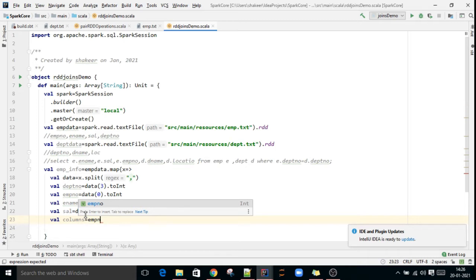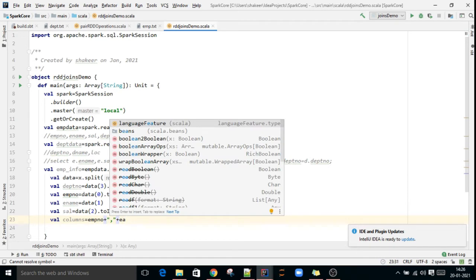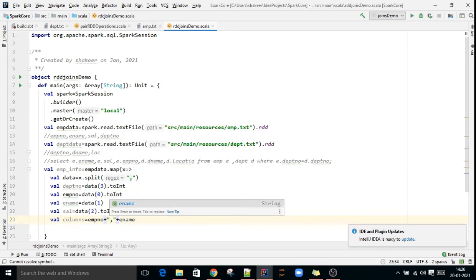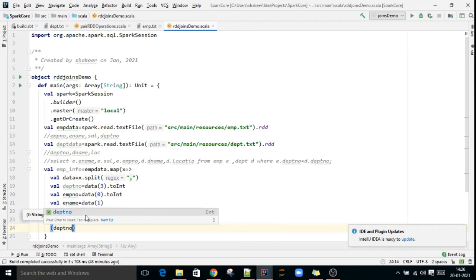What are the remaining columns? Employee number plus employee name plus salary. So finally I am returning a key value pair. The key is department number, the value is all the remaining columns, that is columns.